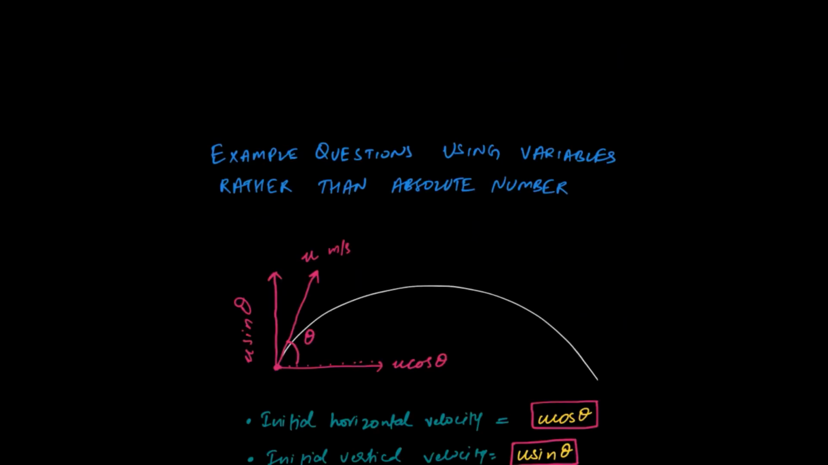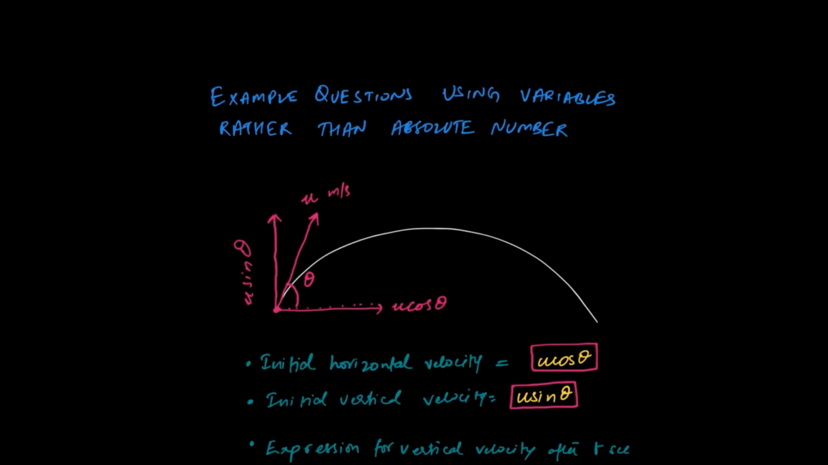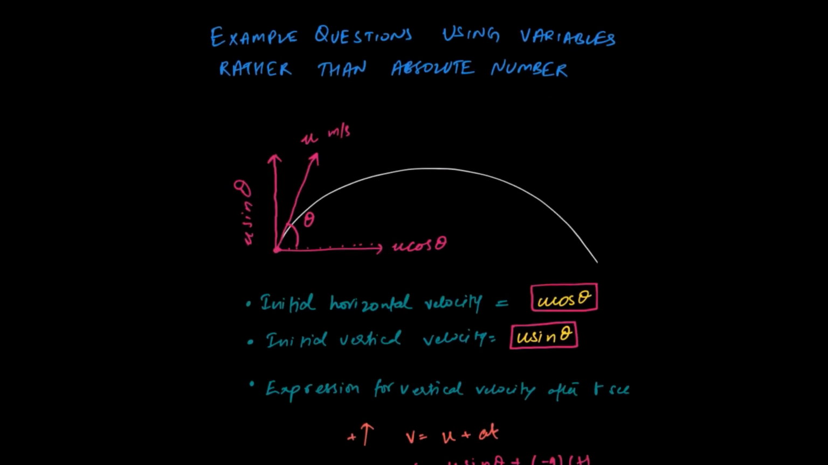So here are some examples. Example questions using variables rather than absolute numbers. So this is again based on the previous parts and previous questions. However, it's just for help purposes because it makes it easier to quickly get the answer rather than